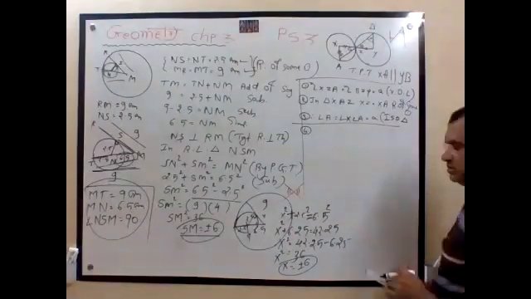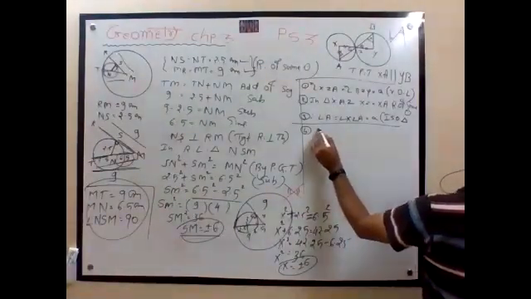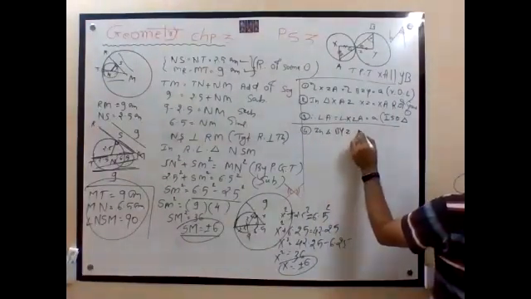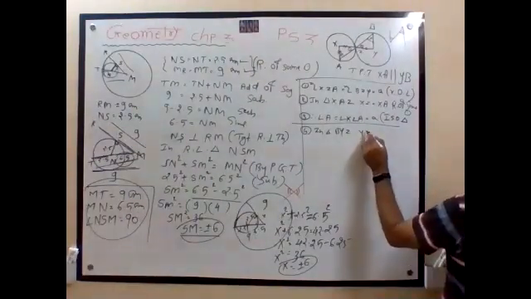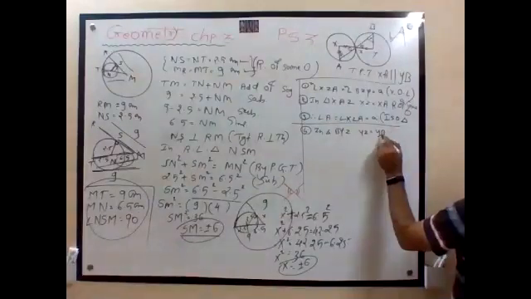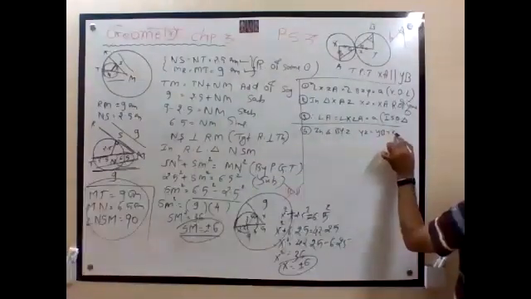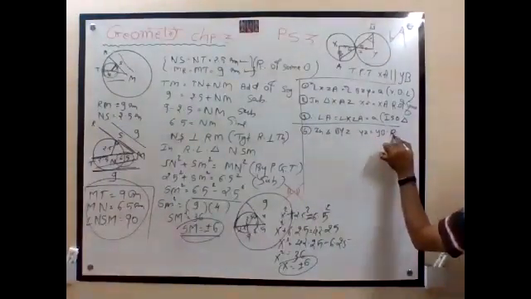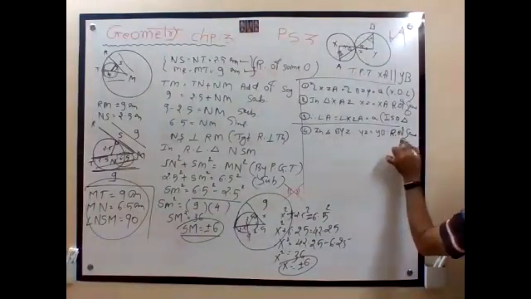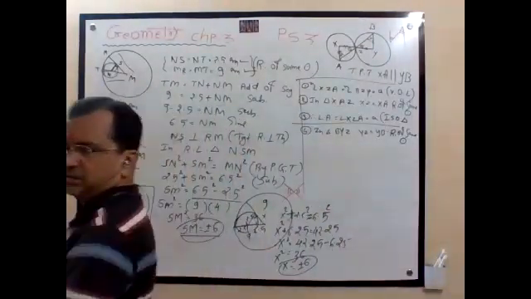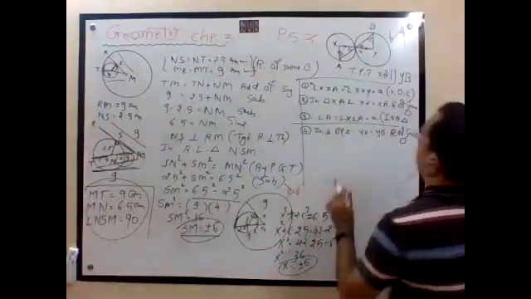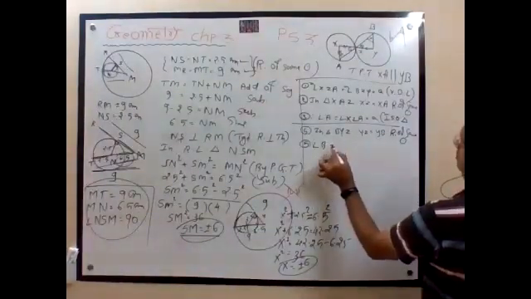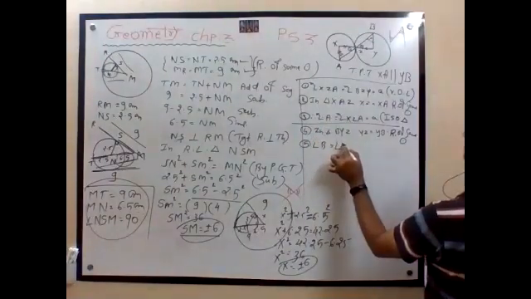Fourth, this side. In triangle BYZ, YZ is equal to YB, radii of the same circle. Therefore, angle B is equal to angle